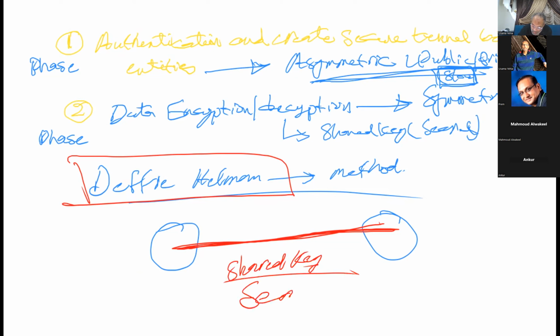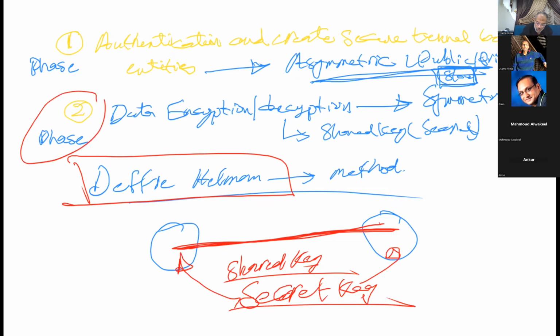In this case, we call it the secret key. We have the same secret key. This means that we will be able to use phase number 2 for data encryption and decryption using the symmetric method, because it is the fastest method in encryption. When they use the Diffie-Hellman algorithm, they are able to create the secret key and encrypt and decrypt the data. In this way, we utilize the benefits of fast and scalable technology.